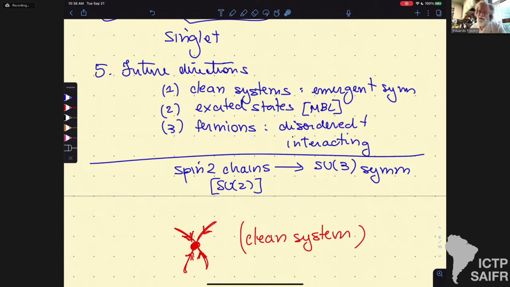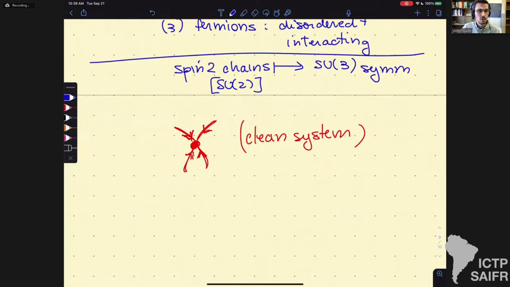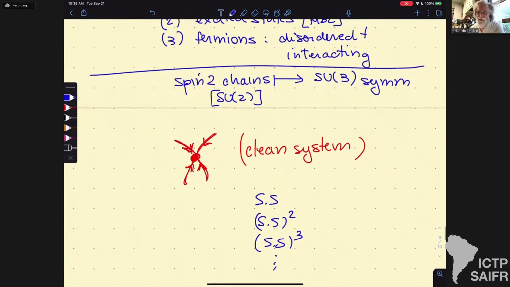In this case, the spin 2 would be a gapped state, right? There is no criticality in this case. No, it would be SU3 level 1 critical. Sorry, but we have SU2 spin 2, with quadrupolar and octupolar interactions. So in the phase diagram we include not only the Heisenberg S.S term, but also S.S squared, S.S cubed, and so on. Okay, so you're saying there is an additional fixed point that has SU2 symmetry. The chain has explicit SU2 symmetry from the beginning, but it just has these extra operators. Okay, so this is the analog of the spin 1 fixed point, which is SU2 level 3? Yes, except that